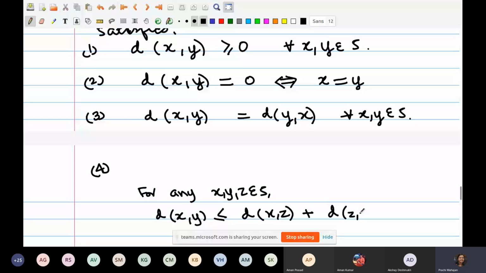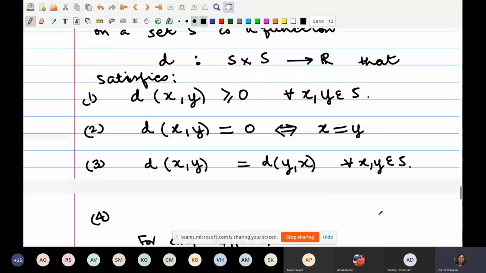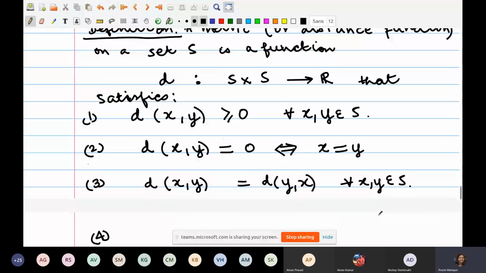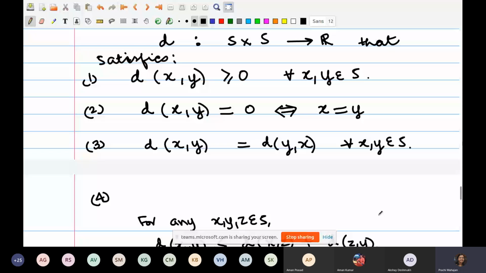Okay, so let's go back. What am I saying? I want to define the notion of distance. I want a concept to define how to measure distances between any two elements of an arbitrary set. Here is one way to go about it. I demand that there be a function d, defined on the product space S cross S, taking real values, satisfying the following. For any two elements x and y in S, d of x, y is always a non-negative real number.